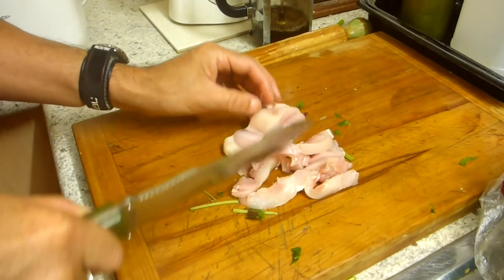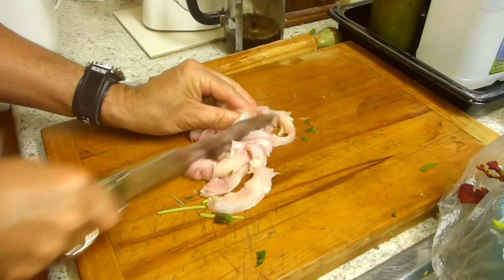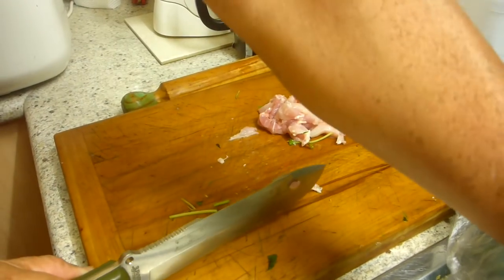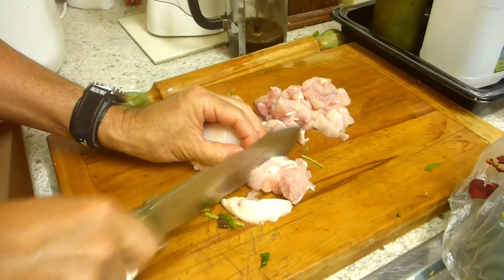Survivalist X, just chopping up some chicken. No problems. You've seen we've been hacking into the coconuts on the beach. Now we're back at the hacienda and you know, didn't sharpen the knife, cutting up the chicken. You saw it plunged into the sand. Obviously, it's holding its edge quite nicely, because chicken, if the knife is not sharp, you're not going to be